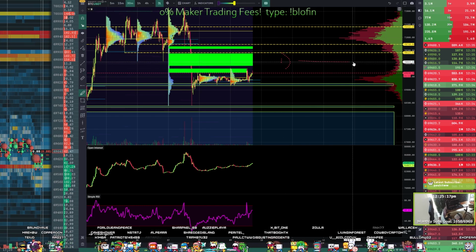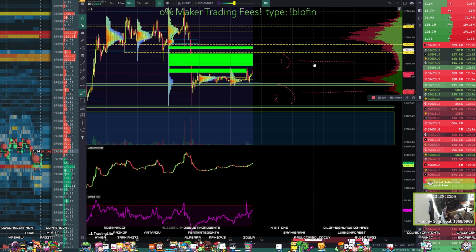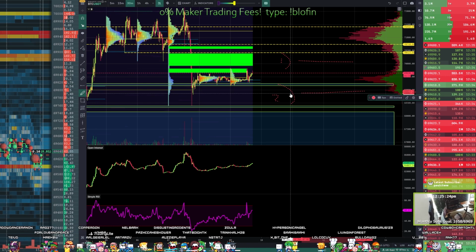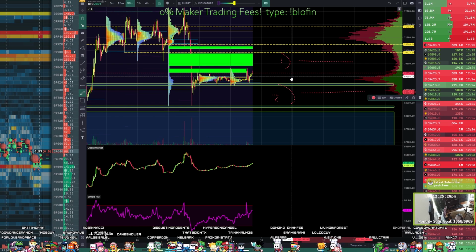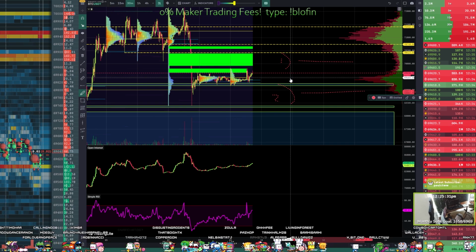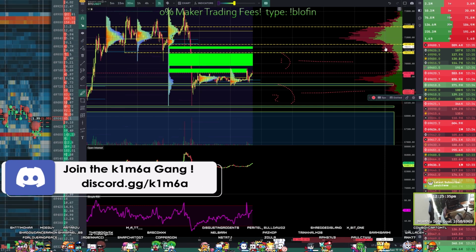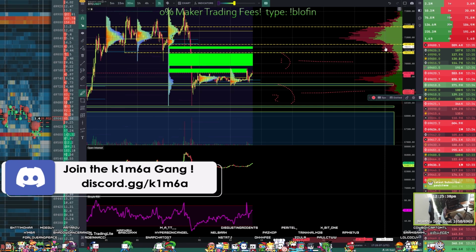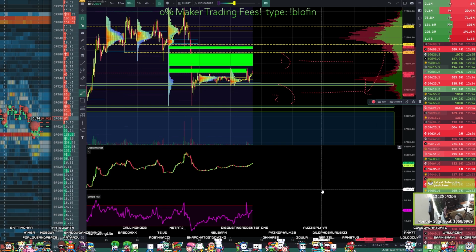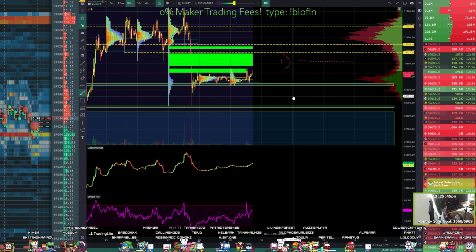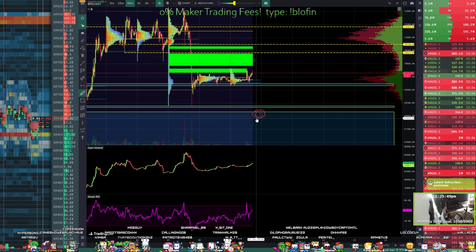But identify the level, anticipate edge. There's nothing where I talk about trying to guess what you think is higher or lower. At the end of the day, you can guess or you can front run or you can anticipate, but the data is ultimately going to tell you. So instead of guessing whether it's high probability or low probability that it's going to go down there,